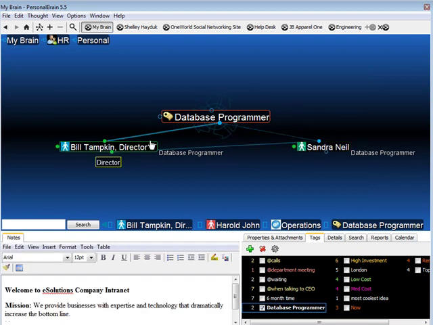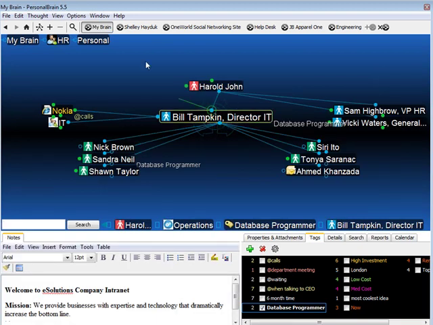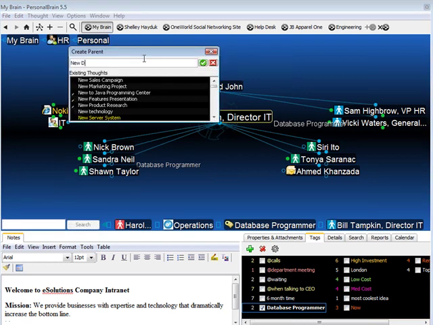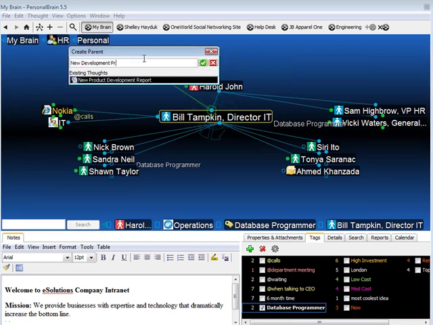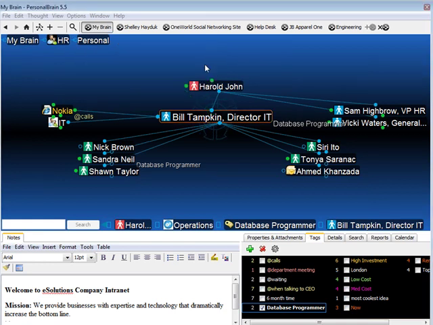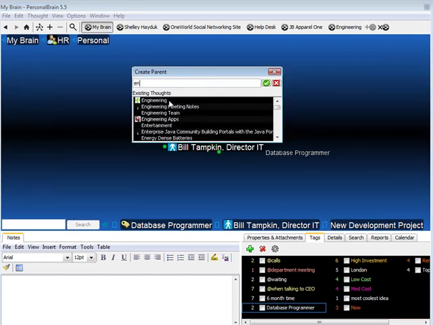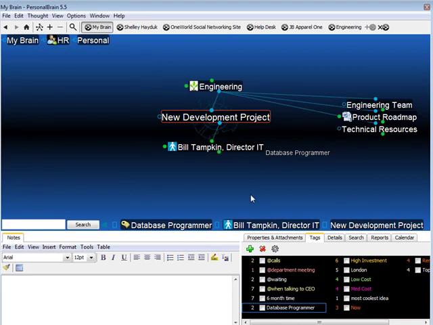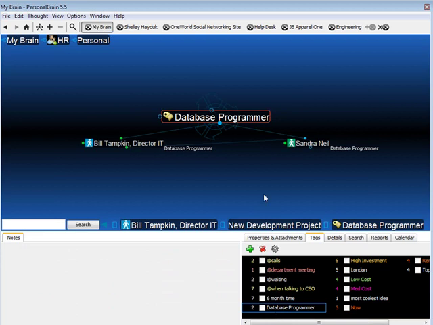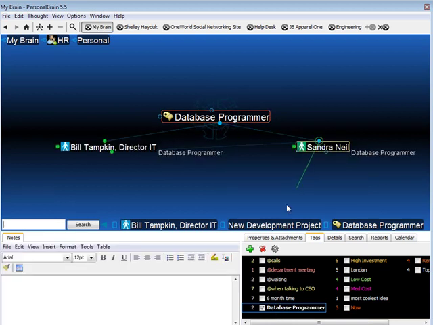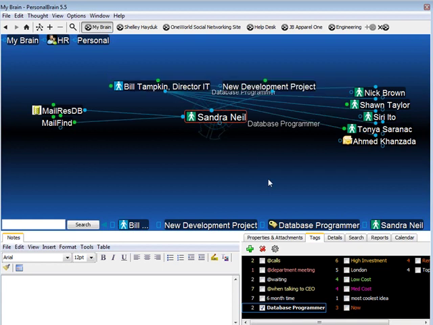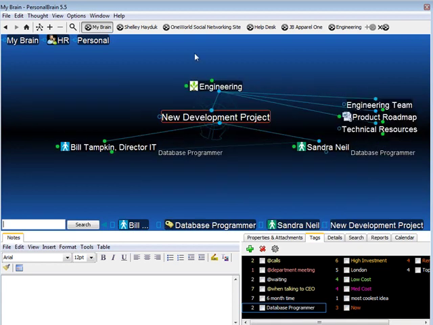and Bill. So if I want to start creating my new project off Bill, say new development project, I can do that, and I'm going to link that back up to, let's say, my engineering thought here. And now that's all connected. So I've got Bill, who's a database programmer. Let me go ahead and activate that. I also want to get Sandra. So you can see you can work backward and forward here in no particular order in organizing and